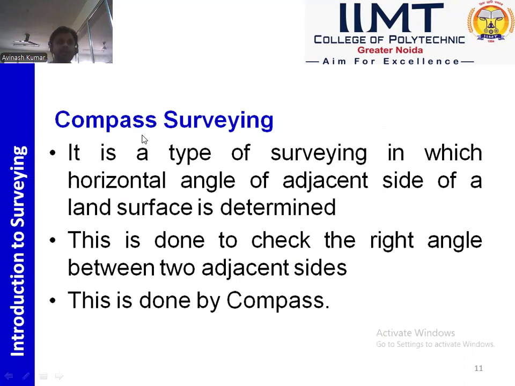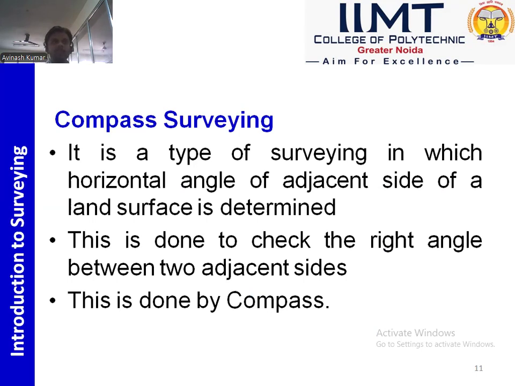Now compass surveying. Compass surveying is done to check the angle between two adjacent sides. Why is it done? Because we prefer a 90-degree angle between two adjacent sides, so that our land will be rectangular or square in shape. This shape gives an aesthetic appearance, and we can feel good living in a rectangular or